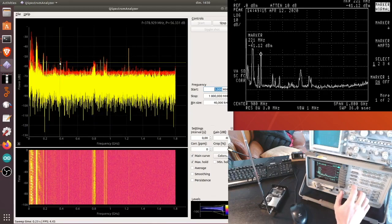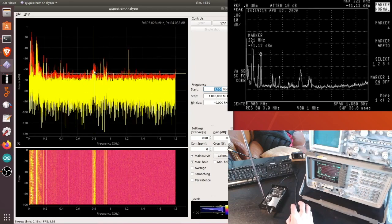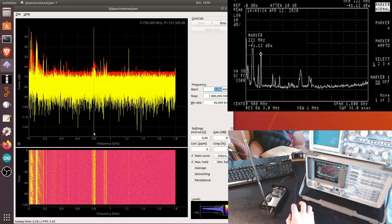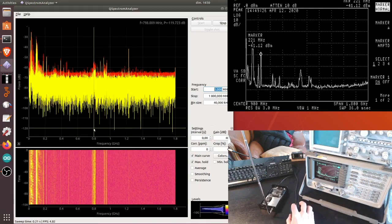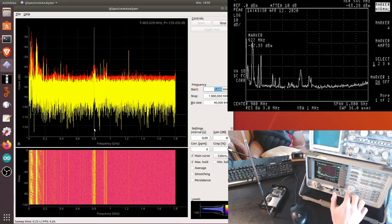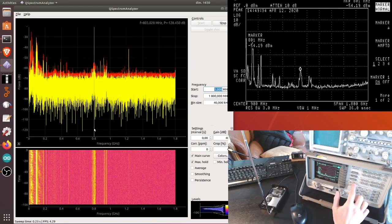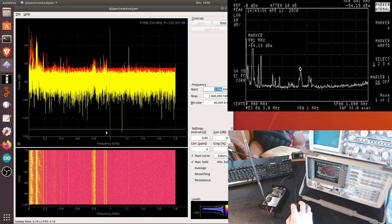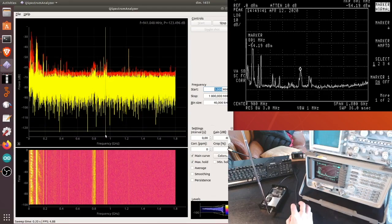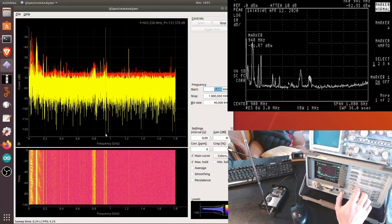So let me have a look. 221. Yes, so you can see it's very reliable. It finds this, it's quite visible on the waterfall display here. It's here, so about 800 and something megahertz, and this is indeed this peak here on the HP, 801. And then there is this other area of activity around 940 megahertz, which is around here on the HP spectrum